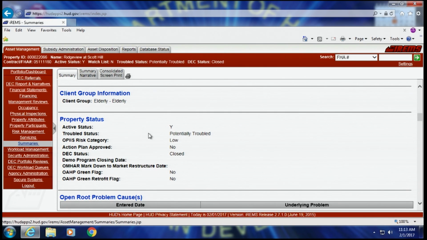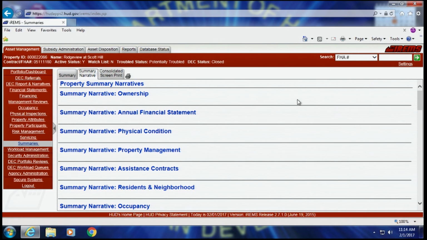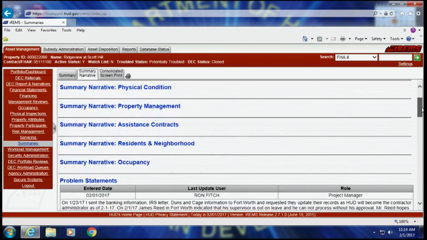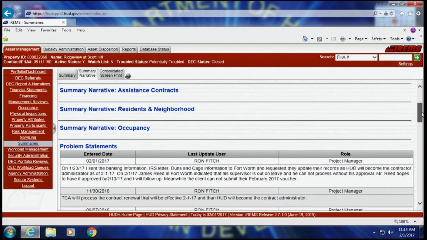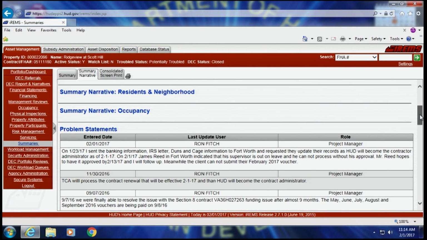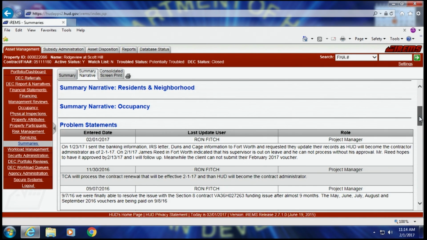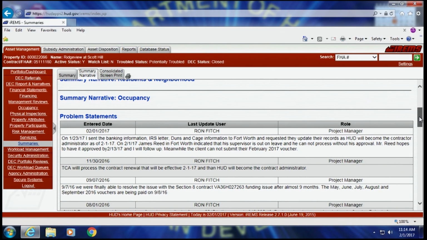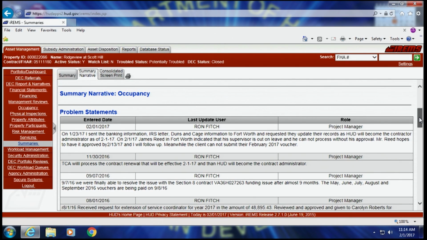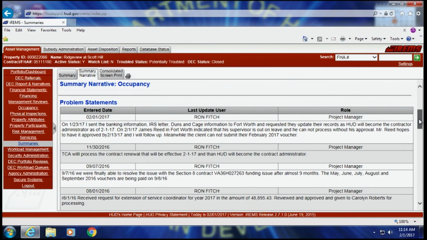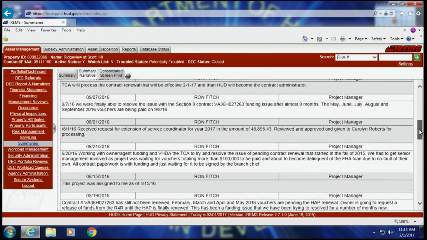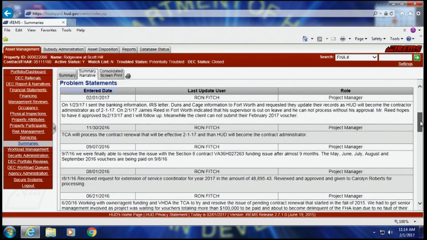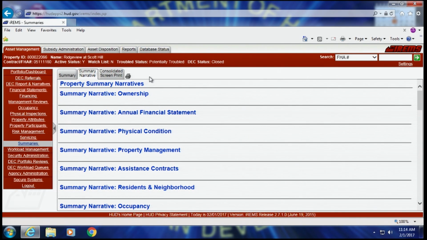And also, you can go over here to your summary narrative. Remember we talked about the problem statement screen? Well, let's just go over here to problem statement. And if I had seen nothing here, I would have known that there was a data feed problem, and I would pick up the phone and I would call Robert and say, what's up? Something's not appearing. I have plenty of data in my problem statement screen and it's not appearing here. But as you can see, this pretty much matches what we've already looked at on the problem statement screen.